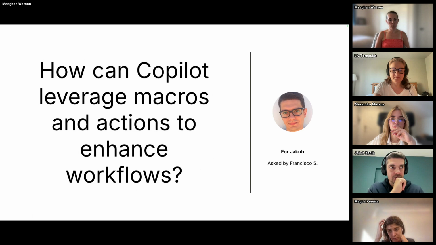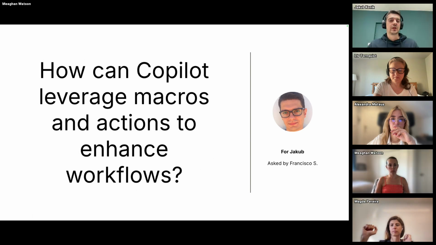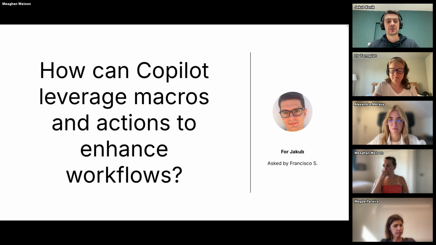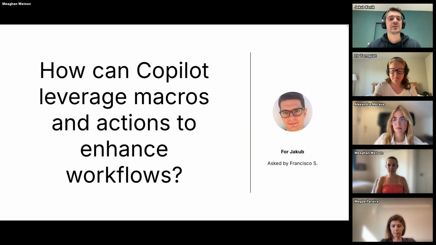Sure. So I think for macros, there are two ways, and one of them is shipping in June, and you will be able to use macros in Auto Assist. Auto Assist will be able to execute actions as soon as your agent approves them. So when the time in the ticket lifecycle is right, Auto Assist will suggest, hey, this is the macro you should use, and when the agent approves it, it will be executed.